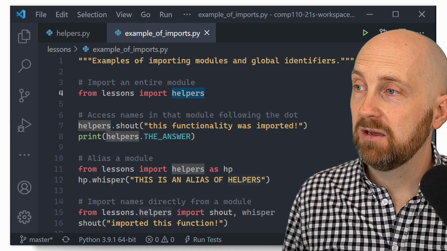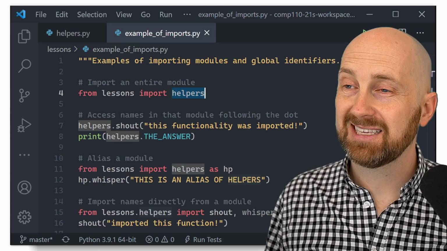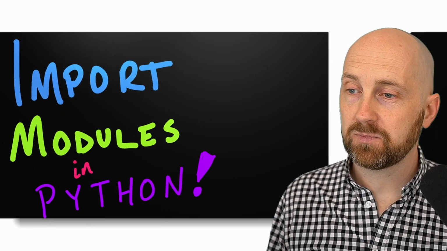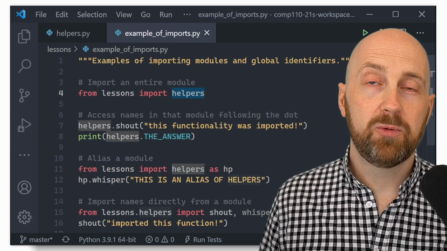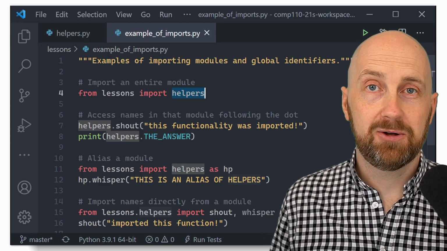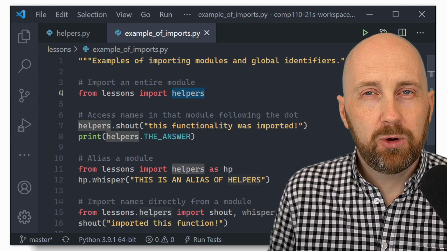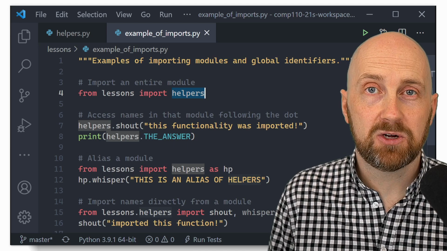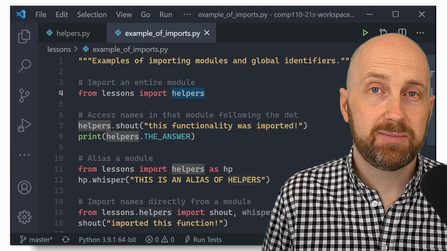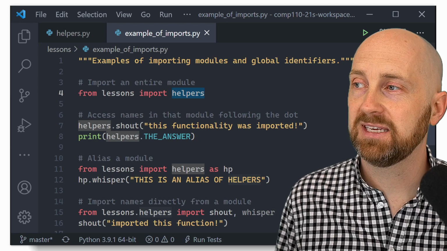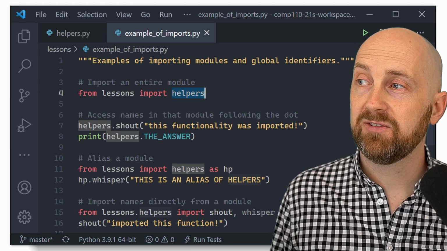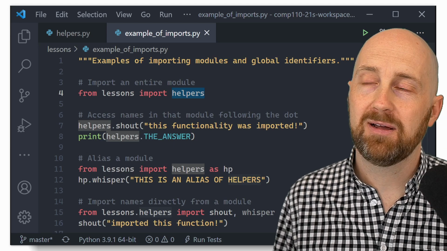Let's try just imagining this at a slightly more specific level with a quick diagram. And I want to call out that we won't be diagramming multi-file evaluations throughout this course, but this will hopefully give you a better sense of how this all works, so that some things that can be a little bit magical and mysterious feel less so. All right, so let's imagine we evaluate this file, example of imports. I'm going to abbreviate that to EOI. All right, so EOI